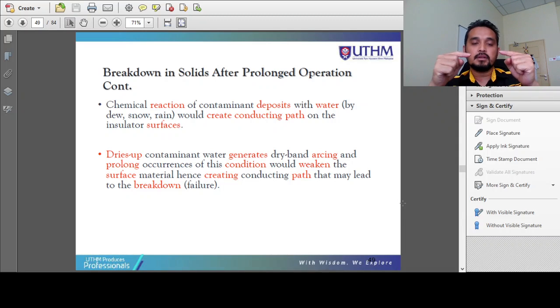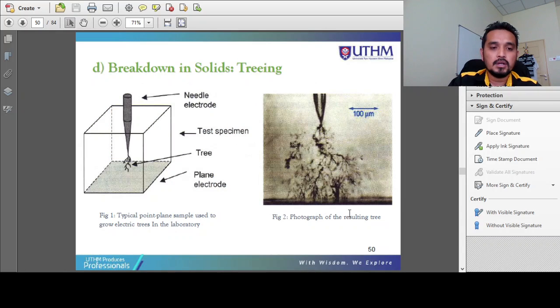If this discharge activity occurs on the surface of the insulator, with time, with several years in service, definitely it will destroy the surface of the insulator. Just like you burn your sandal or your shoes, it will make a carbonized defect on the surface of the insulator. This is an example of breakdown in solid. Then we have the treeing process. This mark is due to the discharge activity, leaving a permanent mark